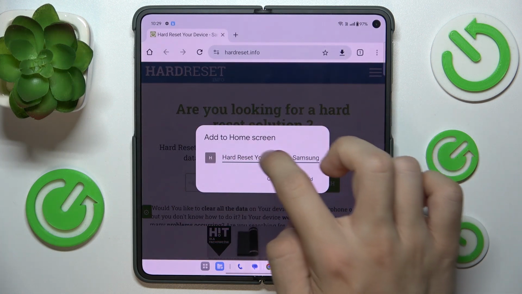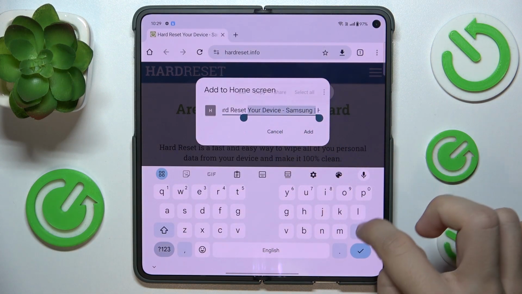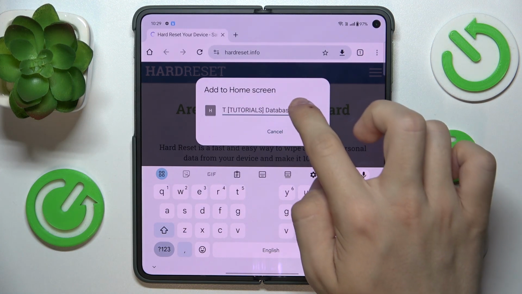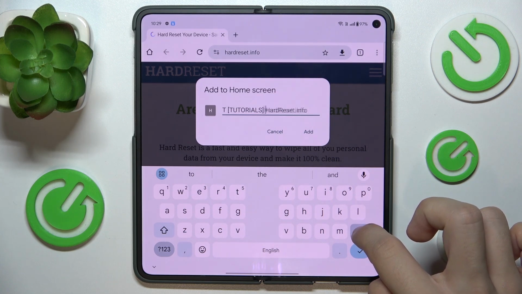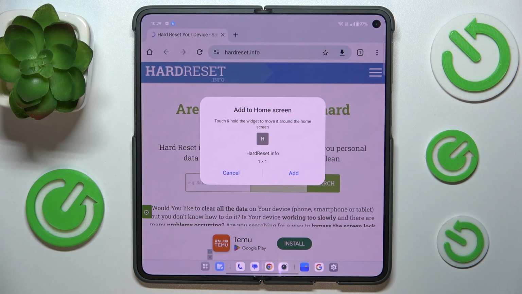I'm gonna select it all and just leave the HardReset.Info, then press on add,